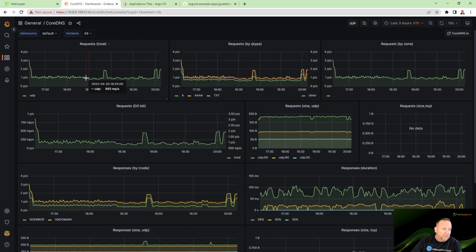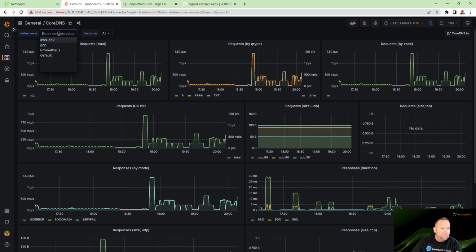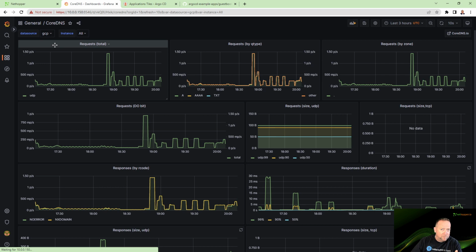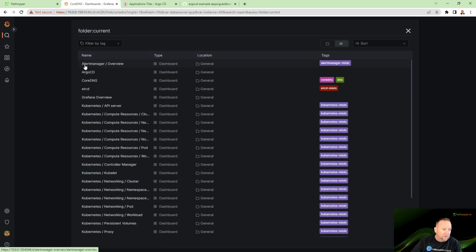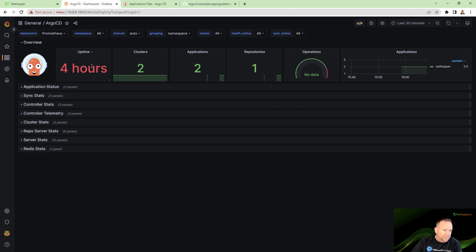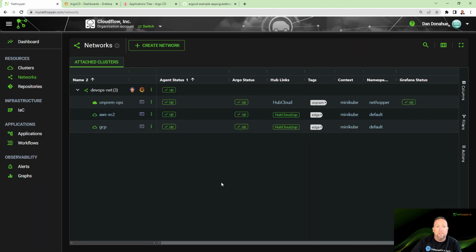So, for example, I can look at the core DNS metrics here for any cluster in the application network, all from a single pane of glass. There's my Amazon, here's my Google, and I can do the same thing for ArgoCD, although the application that I deployed doesn't have too many stats, but you can see that I do get some sort of metrics. I have 2 clusters for ArgoCD managing. There are 2 applications deployed from 1 repository, and you could do that for all your different clusters as well. And so that's kind of a sneak peek into the observability capabilities,